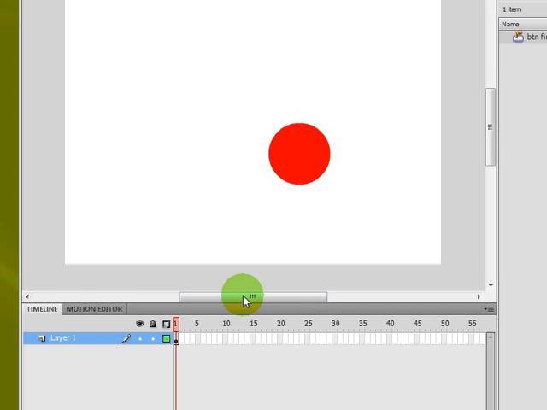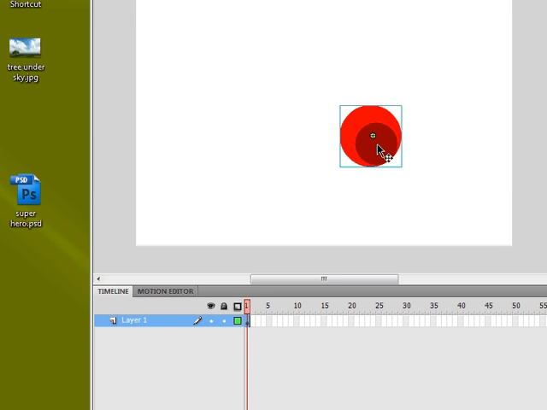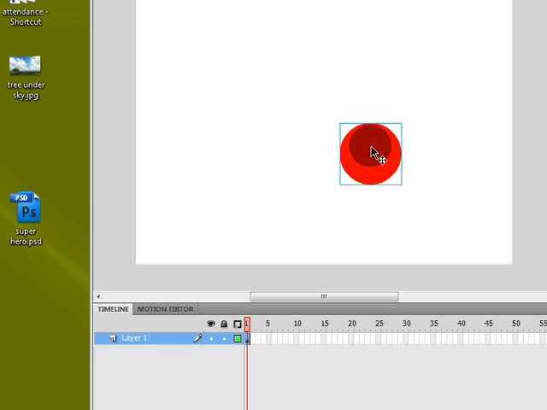If I type it in the stage on an actions layer, then I would have to assign an instance name to my button. If I assign the actions to my button itself, if I script the button, then I don't have to give it an instance name. So there are pros and cons to that, but for the projects you're doing now, stick with typing your actions inside